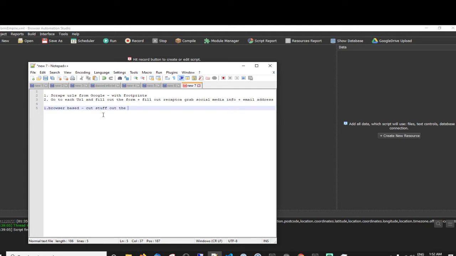That means cut out images and anything that's not needed, so each browser doesn't take up as much RAM and CPU, so we can run more windows.